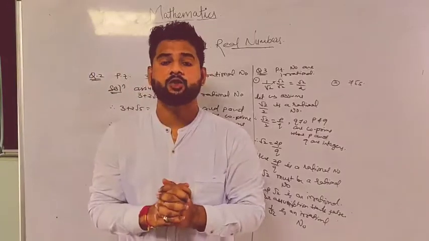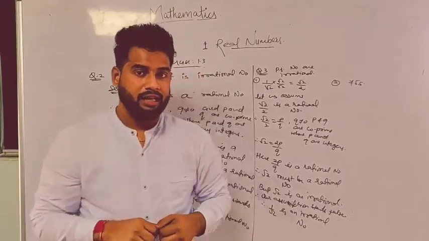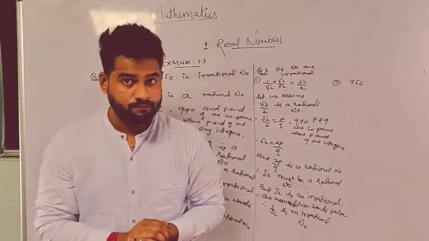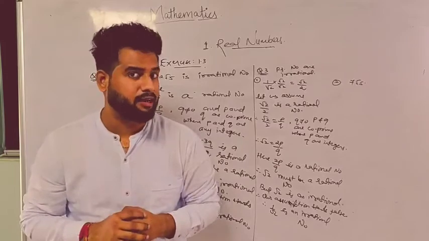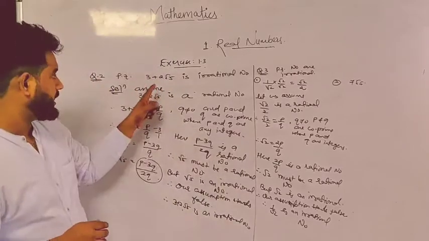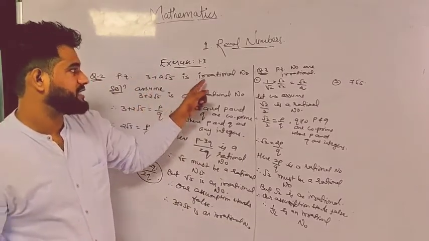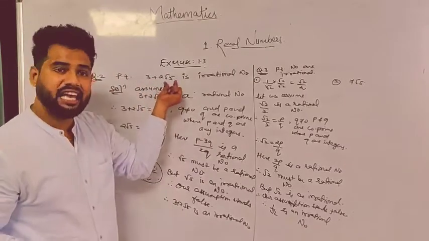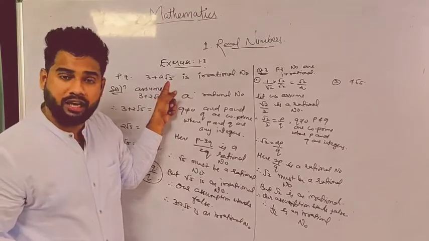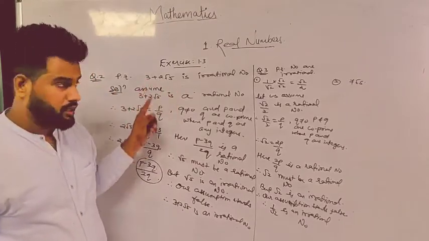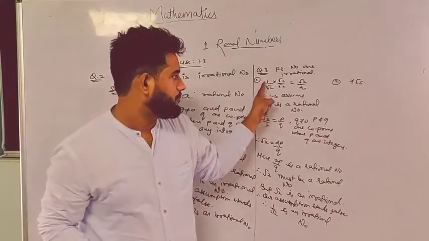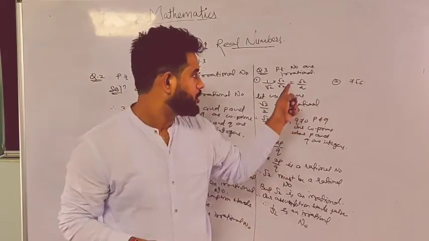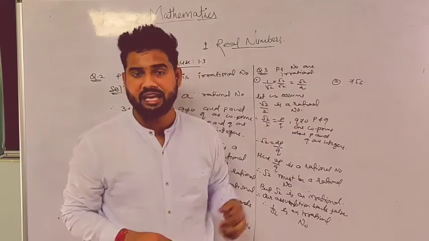So I hope you have understood question number 1. Now in question number 2, the root is going to be there, but the root will not be alone. It will be accompanied by some other number as well. Like here, prove that 3 plus 2 root 5 is an irrational number. Your root is there, but it is accompanied with 2 and 3. If you look at question number 3 also, 1 by root 2 is there and 7 root 5 is there. Both are accompanied with other numbers as well.